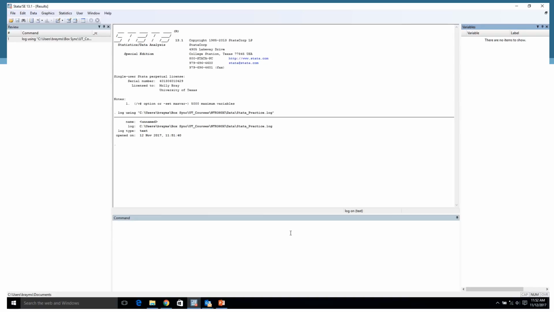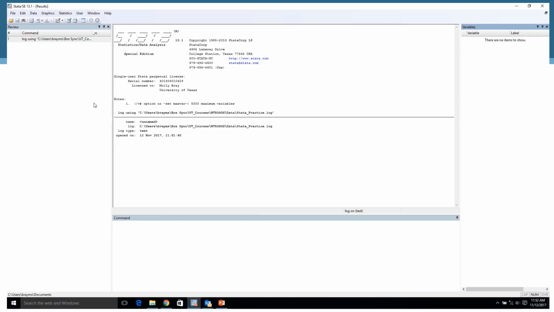And that's a handy feature when you know how to do .log. So I've opened up a log file, and that's going to capture all of the work that I do. A log file does not hold data. It just sits passively in the background and records everything that you're doing. Once it's opened, it stays open and records everything you do in Stata as long as you're working in this